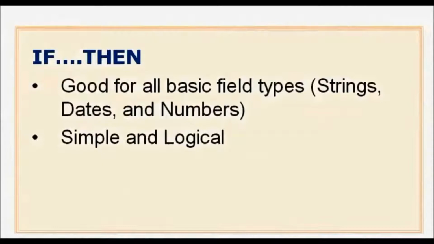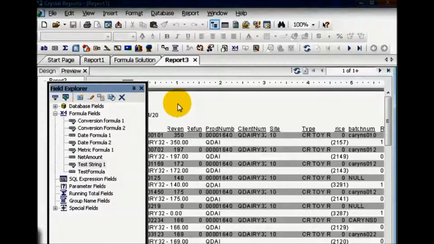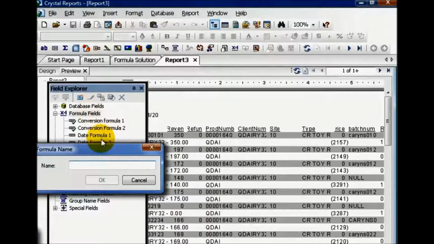Let's get into it. The conditional in this case is the if-then statement. It's good for all basic field types, strings, dates, and numbers, and it's simple and logical. Going to report formula report, if you will. That's where we work through all these different formulas. We're going to explore our if-then statements. We're going to start off with a